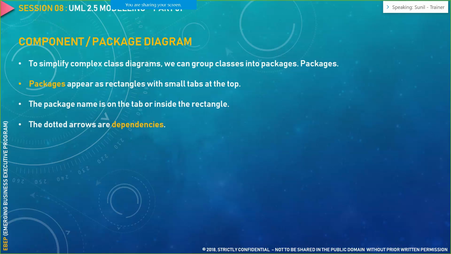In our use case diagram, we explained the modeling process. In our class diagram, we explained how this would look, a detailed view of what we explained in the use case diagram. Now in the component and package diagram, we would define the class diagram at a very high level. What about the user who does not want to see these things in a bigger picture, but in a smaller picture?